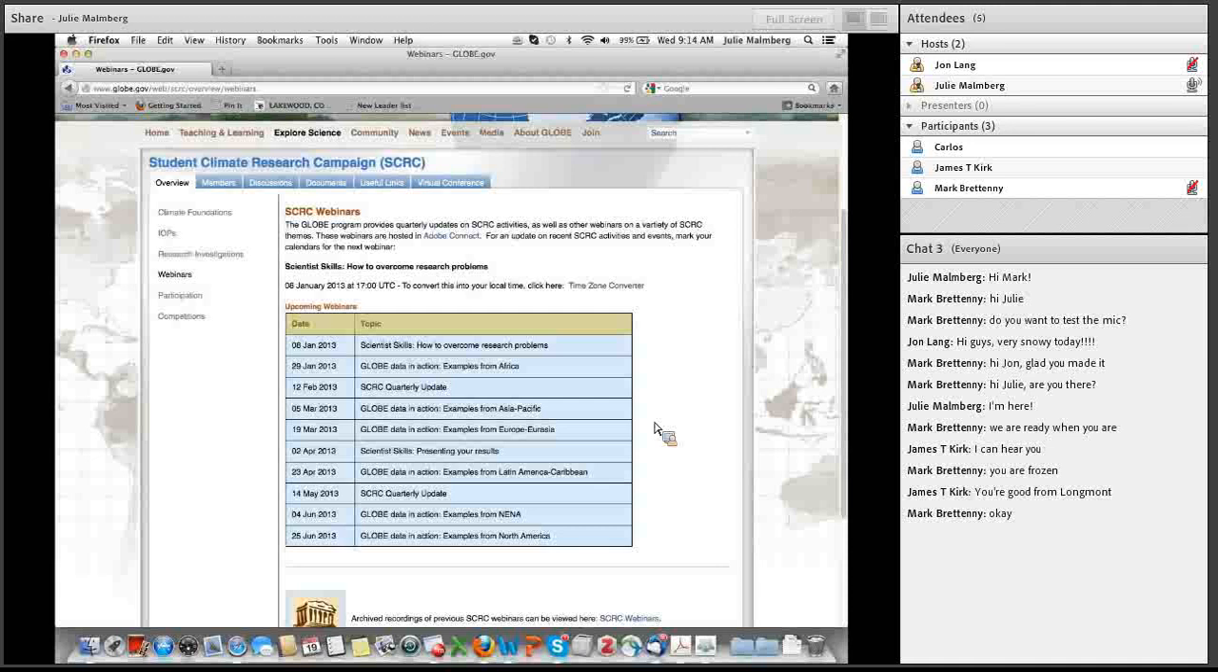They're hosted on Adobe Connect. And our next one is scientist skills, how to overcome research problems. And then we have things like GLOBE data in action, and we show examples from each of our regions. Our next example